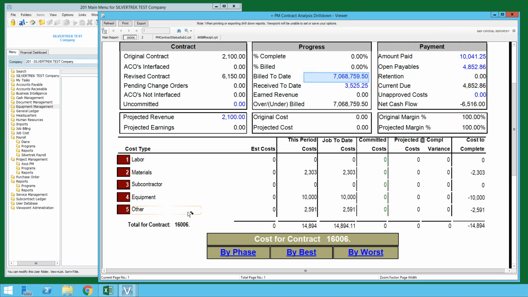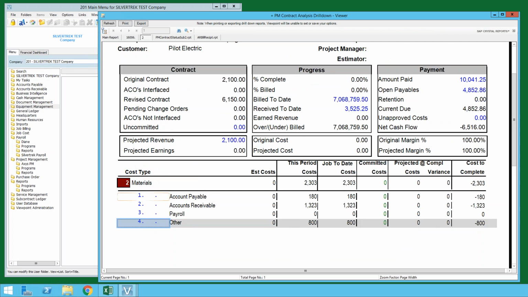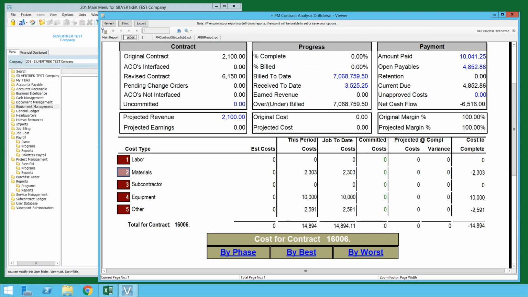And so in this system, of course, we have our standard cost types, and once we drill into this, we have our standard phase codes and our standard cost codes, but we're also able to modify this, and we're able to say, for my company, this is what makes sense. And that's what Phil was talking about earlier: when you want to design things, you first want to start with, what do I need? What do I want? What are the best practices? And then roll it into an accounting system, a job costing system that allows you to make those a reality,